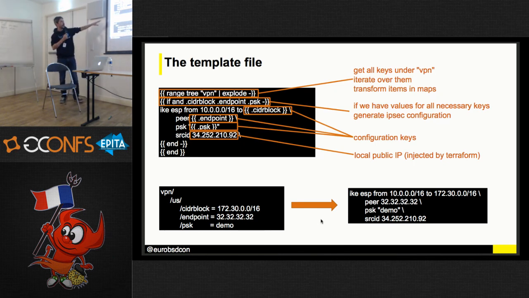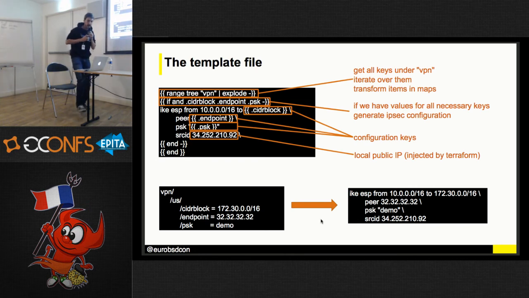And the way this is done with Consul Template is with this, frankly, awful templated language, which is derived from Go template. What it does is iterate over all subkeys inside VPN. So this is the first line. It checks that these variables are not empty, because I wouldn't want to create an invalid IPsec configuration. So it's basic sanitation. I don't want this variable to be empty. And then it generates this code inside the ipsec.conf file.